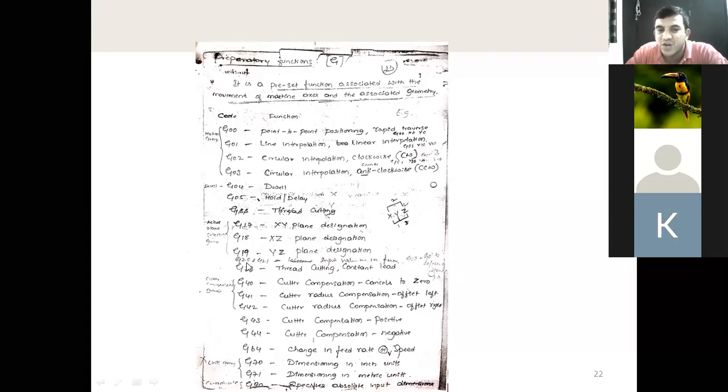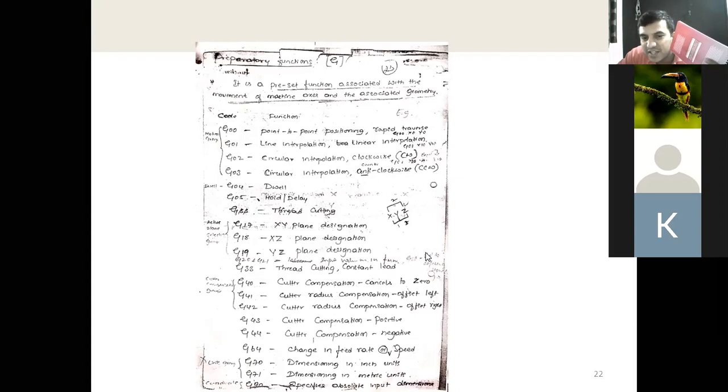And one more important code here, G20 and G21. G20 stands for input values are in inches. G21 stands for input values are in millimeter. For example, if the workpiece dimension is represented in inches, then I give G20. Then the machine will understand I want to move this amount of inches. Usually we'll go for the metric unit in millimeter. Don't use G20, G21; use whatever the input values are in millimeter. Means I want to move 10 mm from the horizon. The machine will understand I want to move 10 mm. That's the G21 we use.